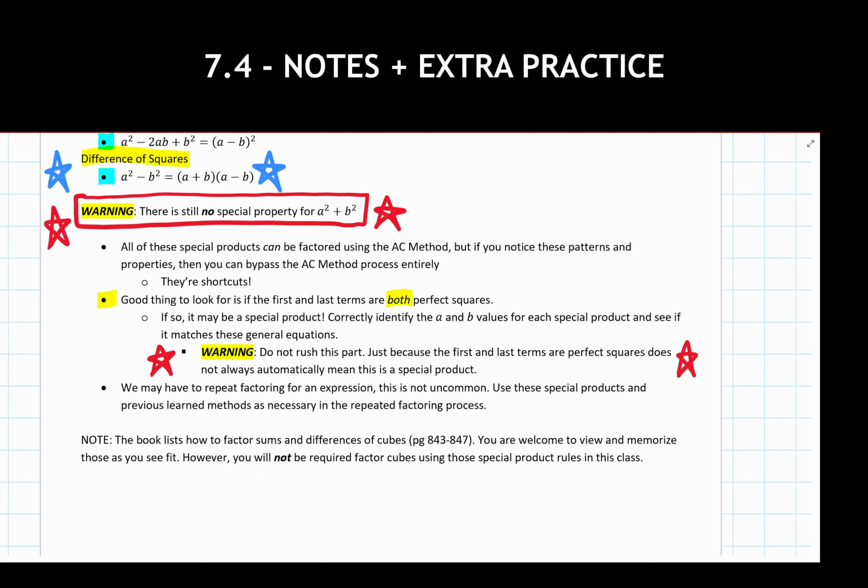Again, if you would like to write them down, you can, but I will not be requiring you to know them. I will not be requiring you to memorize them. I will not be testing you on them in any way, shape, and form. They're kind of useful to have just for the sake of, hey, I know that I could do that with something that has cubes showing up. But for the purposes of this class, it's not a requirement.